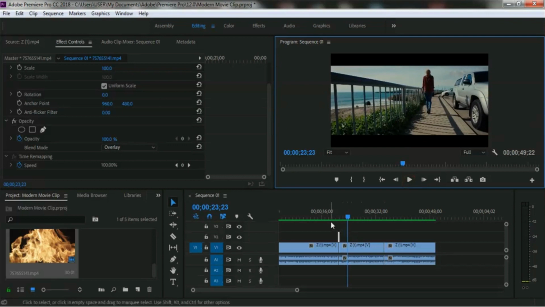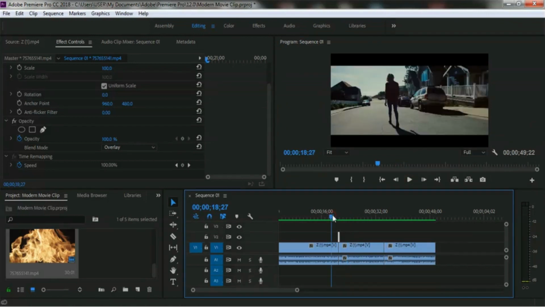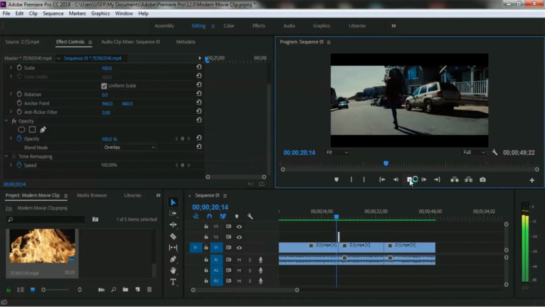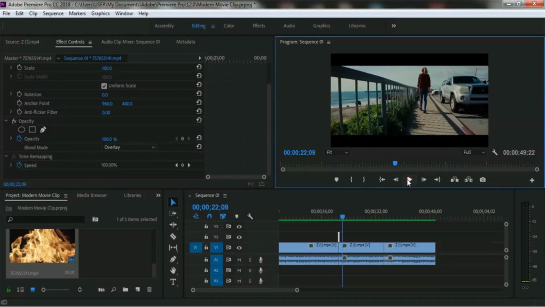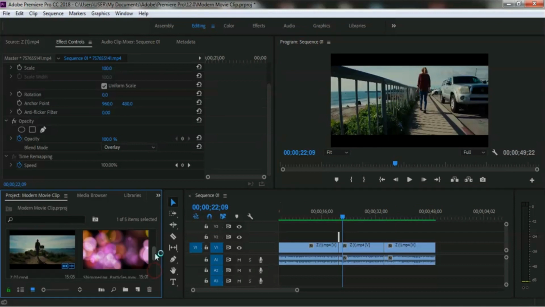You just saw that when the first video clip is going to end and the second video clip is going to start, fireworks are applied between these 2 clips. So let me play it again. So this is the way you add some cinematic motion or cinematic effect in Adobe Premiere Pro Creative Cloud. So let me show you another